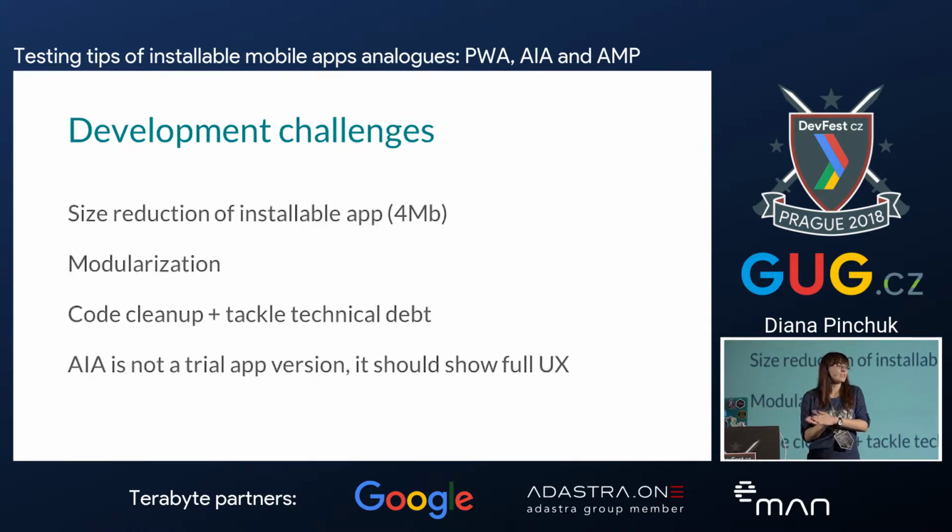Developers face different challenges when they want to create an instant app. First is the size restriction. It's only 4 megabytes, and to create an instant application, you need to modularize it. It's not easy, especially if your project is old and has some legacy code. When developers are working on modularization, they need to do a lot of code cleanup and some refactoring. And a lot of them at Google I/O said that after all this modularization and all this pain, their main project became much clearer.